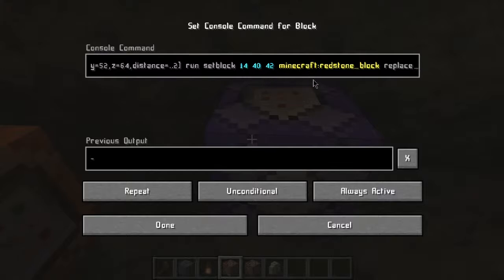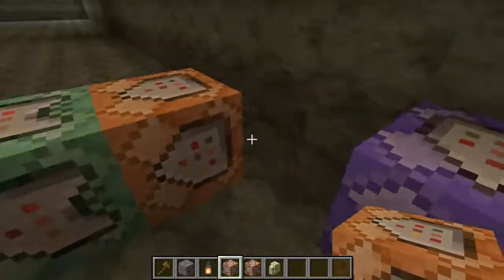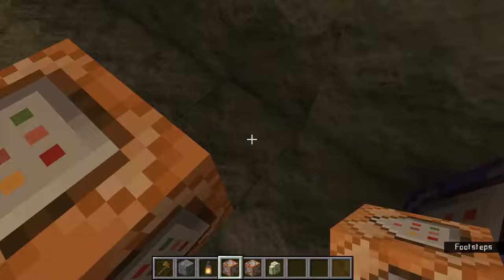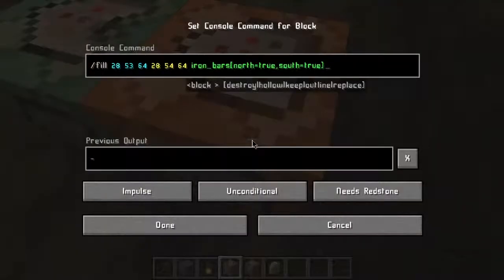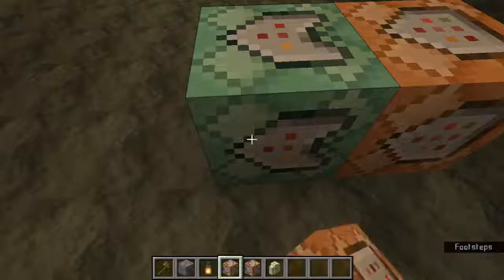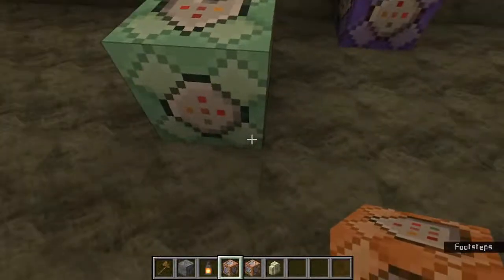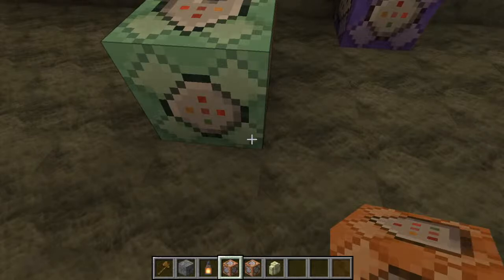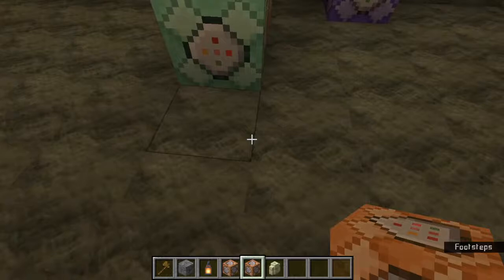So it'll set a redstone block at this coordinate, and it'll replace whatever's there, which is right here. It'll then trigger this, which will fill those coordinates with iron bars, play this sound, and